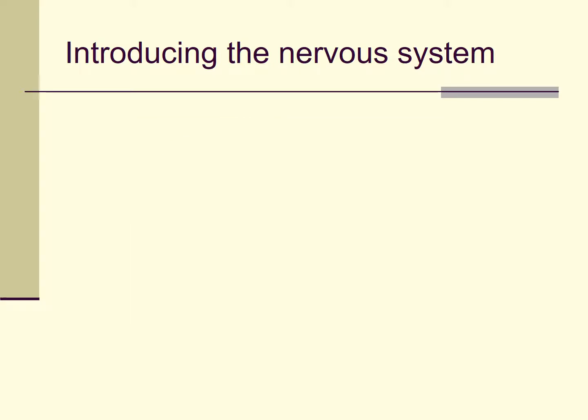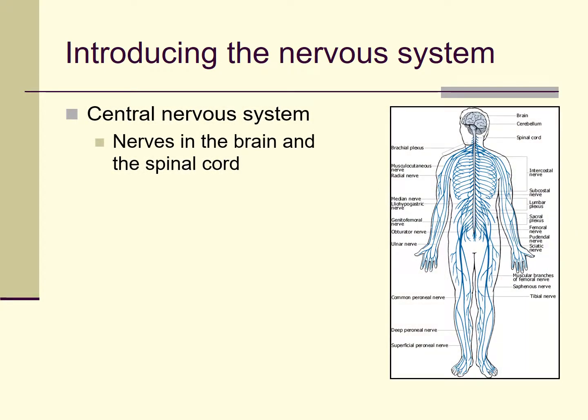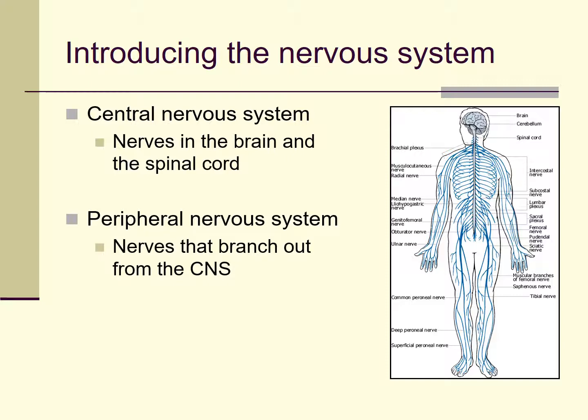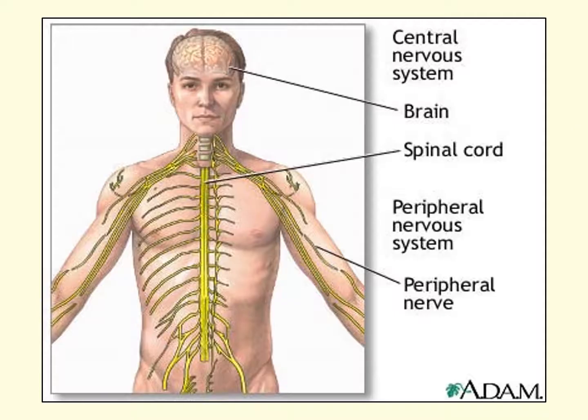and we're going to begin by making a distinction between the central nervous system, which is basically all the nerves and tissue of the brain and spinal cord, and the peripheral nervous system. These are all the nerves that branch out from the central nervous system. And like I said already, today in this little lecture I'm going to focus on the peripheral nervous system. This is just another picture similar to the one on the previous slide that's designed to give you a sense of obviously the location of the brain and the spinal cord, and also the peripheral nerves which branch out from the spinal cord to different parts of the body.